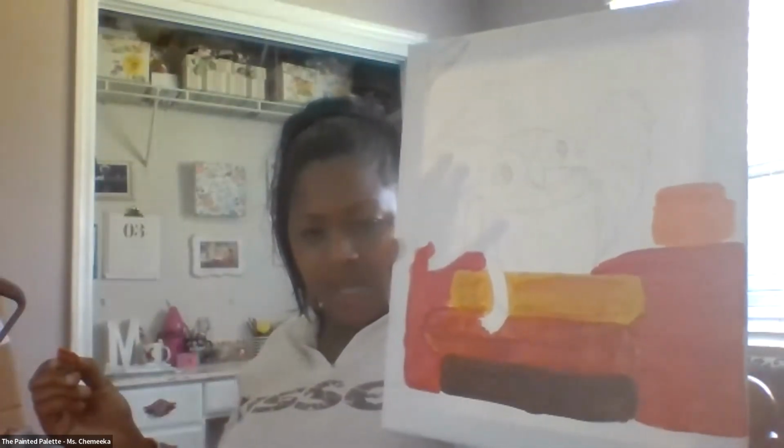Draco, do you know why I'm mixing the orange paint with the yellow paint? To brighten it? That's right. We want to brighten it, because as we go up on this painting, we have these different tones of orange and yellow. So now you're going to paint